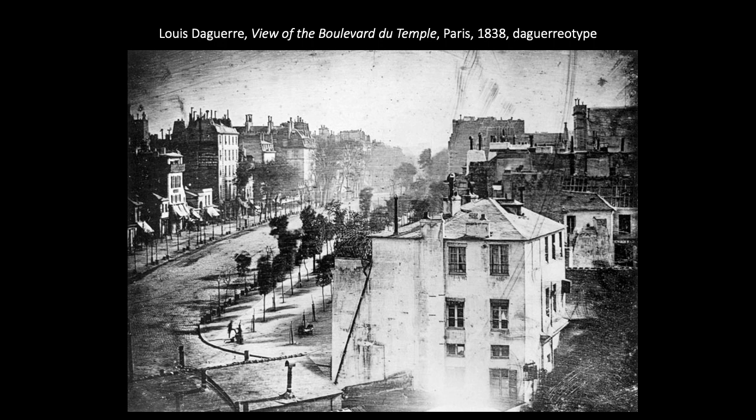Again, notice the crisp details here and the high level of contrast. But what would have been a very busy street, bustling with pedestrians and horse-drawn carriages, instead appears to be deserted. This is because, to capture the image, Daguerre had to allow light into his camera for about 8 to 10 minutes in the bright daylight, and so any people or things in motion did not register during that long exposure